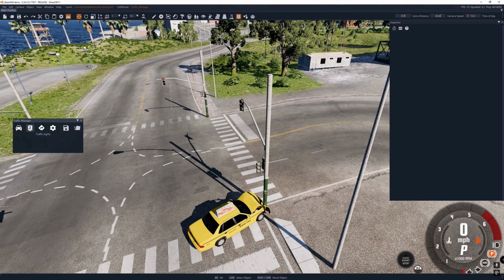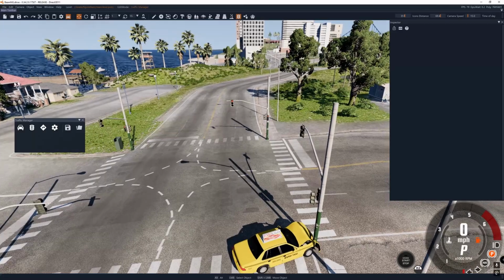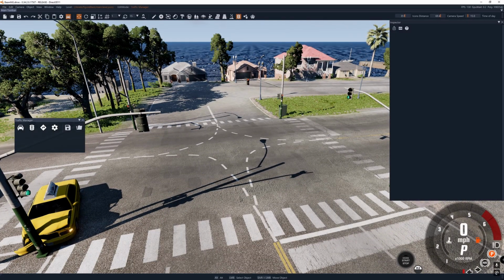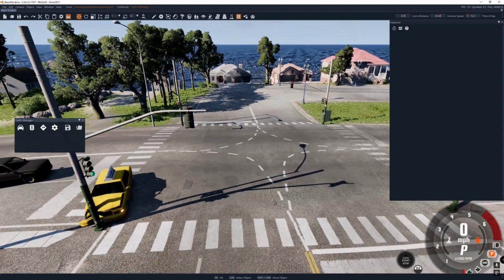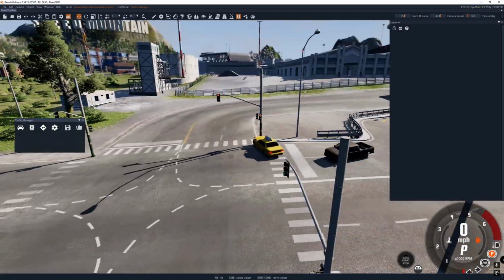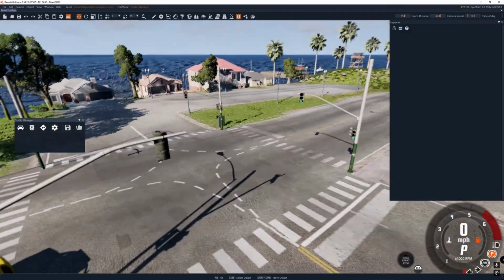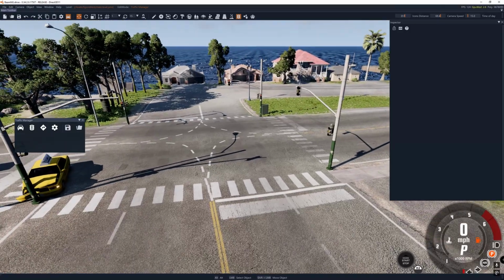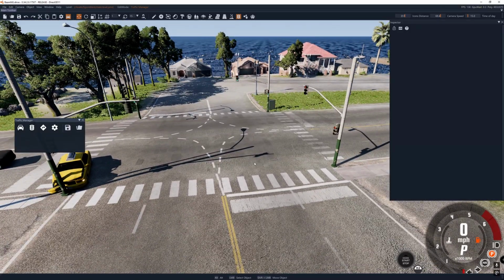So all I did was save the signal file like that, and now I'm getting this glitch. If anyone's run into that, I'd love to know what causes it, or if you've ever had any luck fixing it. But as far as I'm seeing on this map, I'm not going to be able to add any more intersections because of that issue. But the issue started on the very last intersection that I needed to complete, which is curiously great timing, I guess. So the map is done, but if I ran into this issue earlier, I would have struggled to figure out how to add more. In this case it's not a problem for me,